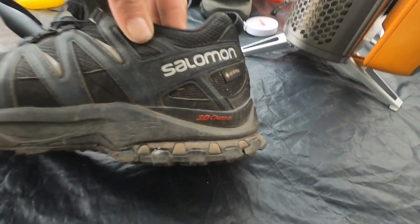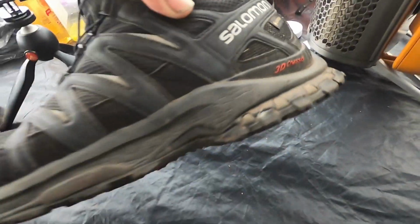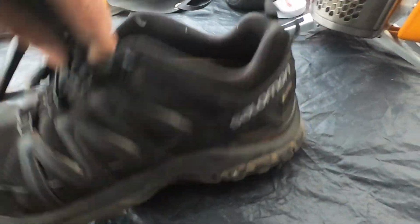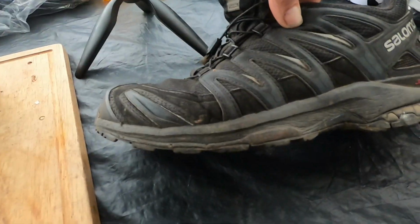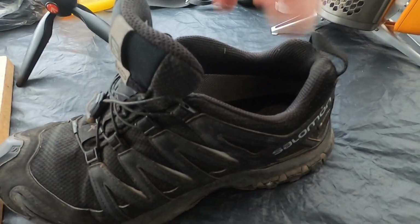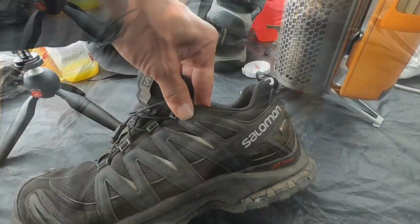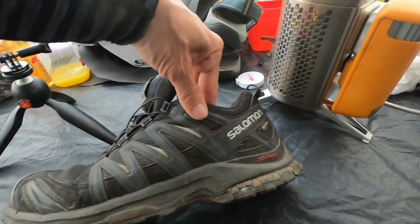The shoes I've been using lately are the Salomon Gore-Tex 3D Classic. Really good, actually. The best thing I find about them is they dry really well after they've been saturated. They're Gore-Tex, so they do keep your feet dry, but as you know, it all drains down your legs anyway. And there are some small gaiters you can get for these, which I'm going to try and purchase at